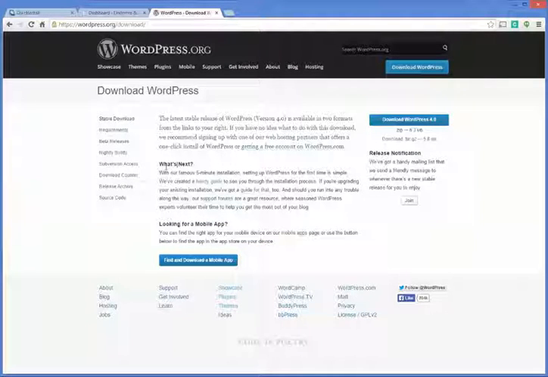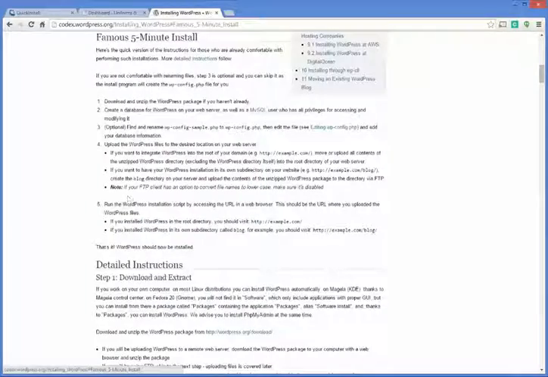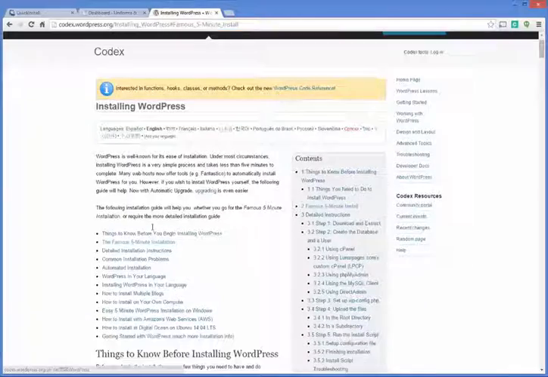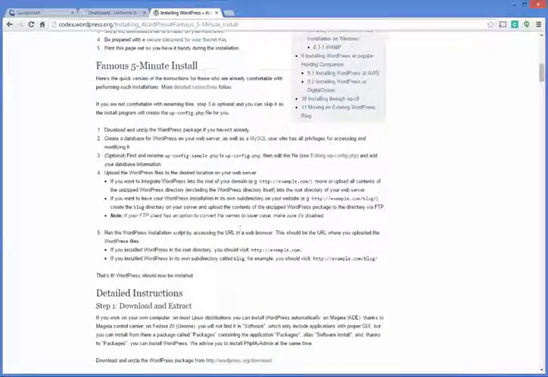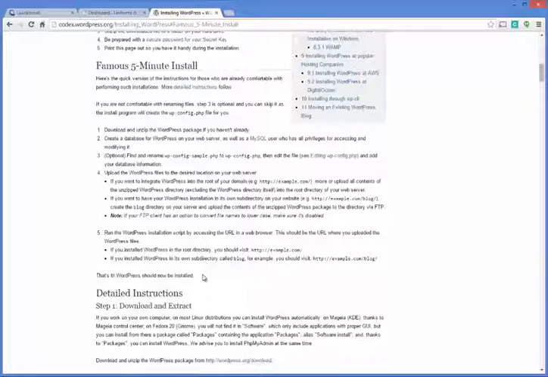And then you can follow where it says What's Next. After you download it, follow here where it says What's Next, and they've created a handy guide for you, as they call it. And you're going to look for the famous 5-minute installation. And I found that under the guide of installing WordPress. And I just looked on the second option here, or you could scroll on down to where it says famous 5-minute install, and they actually have it all listed out, the detailed instructions on how to install WordPress by yourself,